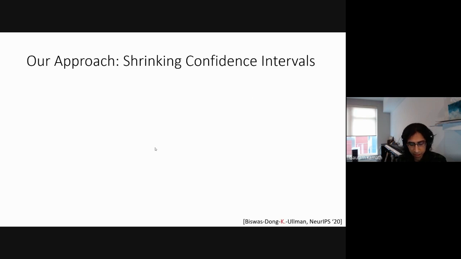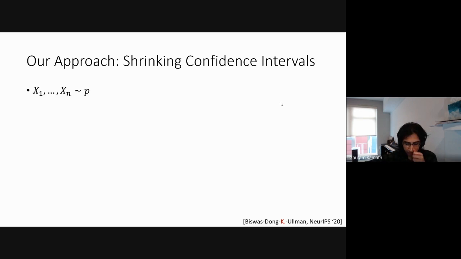This slide is the most important slide of the talk, I'd say. If you understand this slide perfectly, then you could fill in the details, I'm sure, for the rest. It's a very simple modification to what I've told you already, which turns out to be highly practical and does very well in these settings. And yeah, I think it can have more applications than the sort of mean estimation and covariance estimation that I'm talking about today. So this is an approach via shrinking confidence intervals.